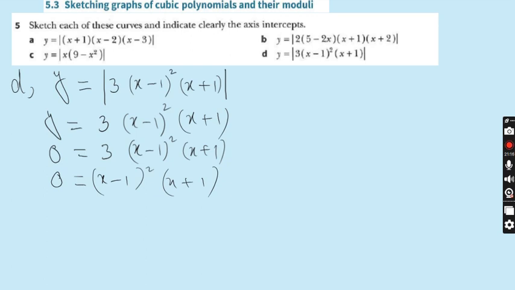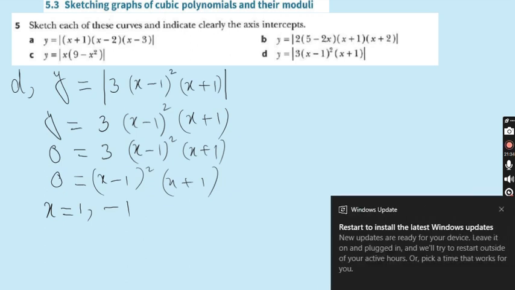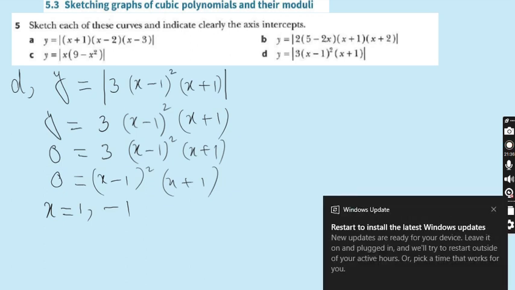From here you can take the value of (x minus 1) square is equal to 0. This will give you x is equal to 1, and x plus 1 gives you minus 1. That's it. And now find